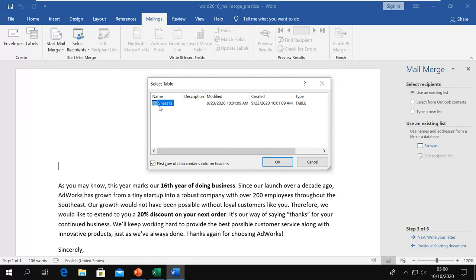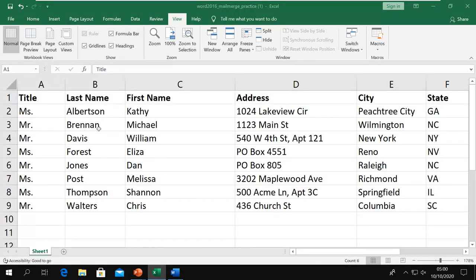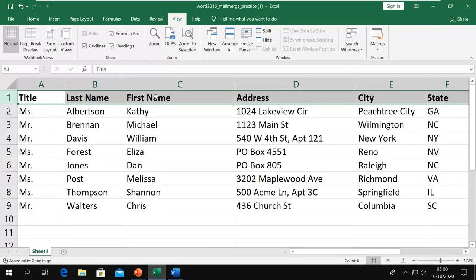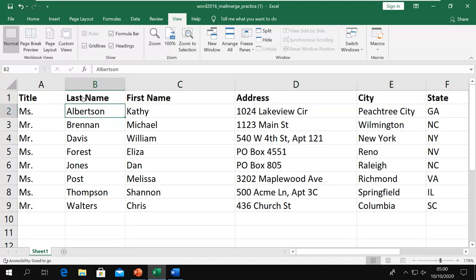It has the file name, sheet 1, the modifying and creating date, and it is having a table. Now what is it saying here, that first row of data contains column headers. My data has a column header here, so it will be easy for Word to detect these fields. It will automatically detect the title, last name, first name, and all.